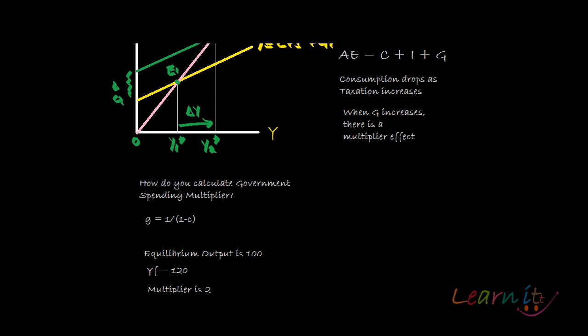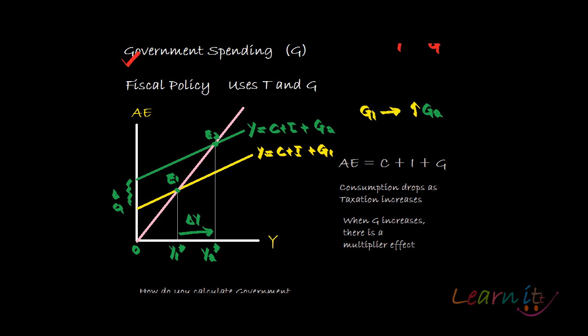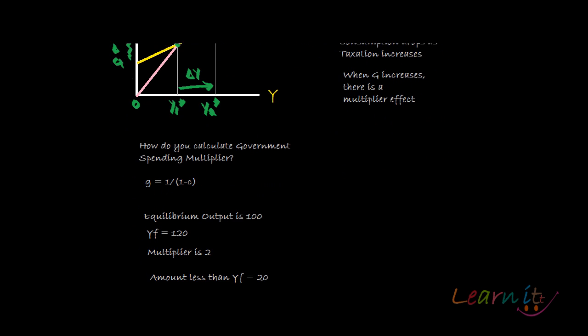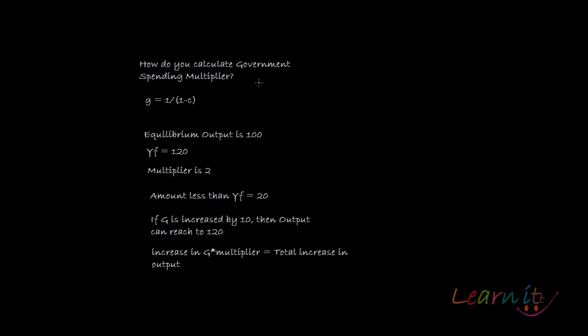In our earlier recording, we have seen the graphical effect of increase in the government expenditure on output. Now we are going to see how to calculate the multiplier in this case. Say for example, the model is Y = C + I + G. Fine. But what you are also given is that Y is equal to